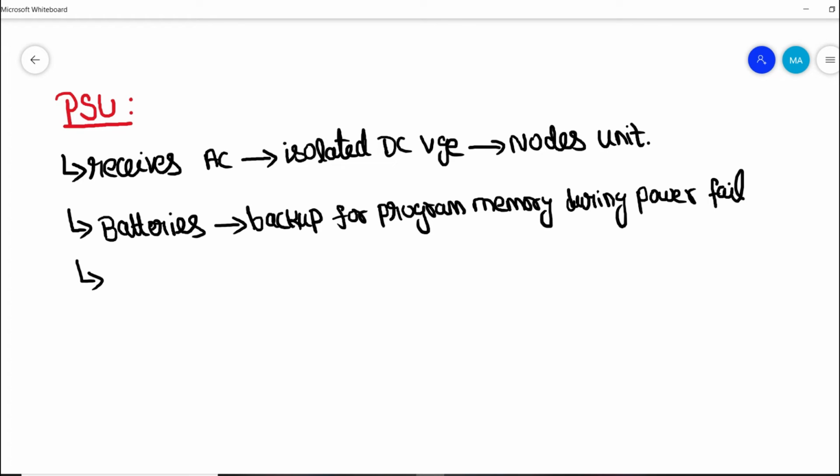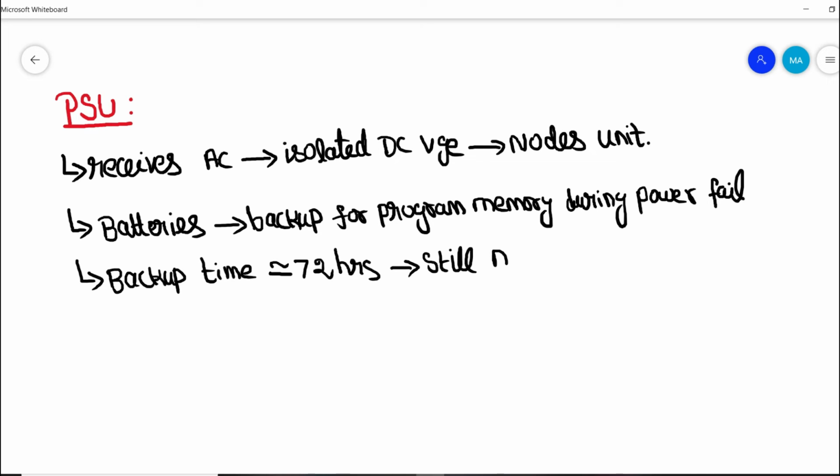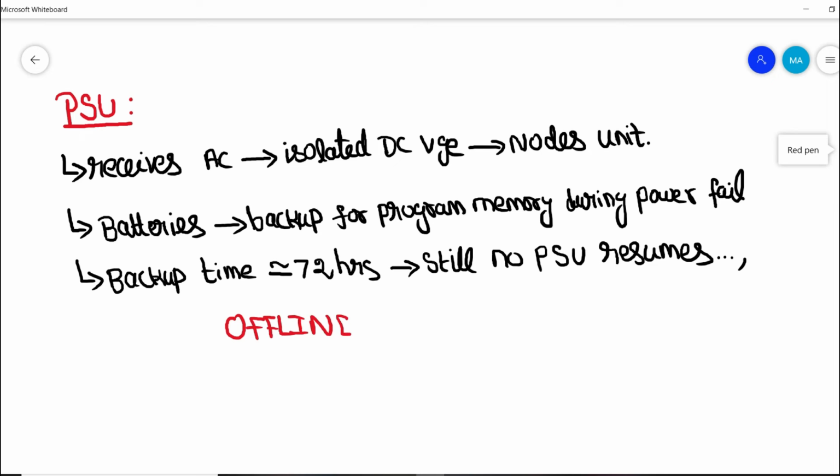Backup time varies from 48 hours to 72 hours and even more as per the OEM and the capacity of the batteries. If the time is exceeded and the battery dies, then we would proceed with a cold startup of the system cabinets, and that would require giving an offline download to the DCS. That is why we have